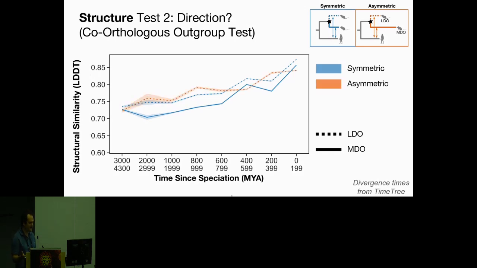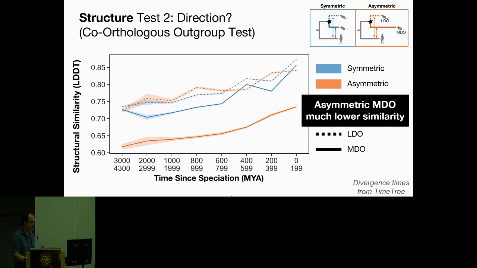And then in the asymmetric case, we have a similar pattern of structural similarity across time. However, when we look at the most diverged ortholog, in the asymmetric case, this is much lower similarity than the bands that we have across here, where both copies following symmetric evolution are in a similar